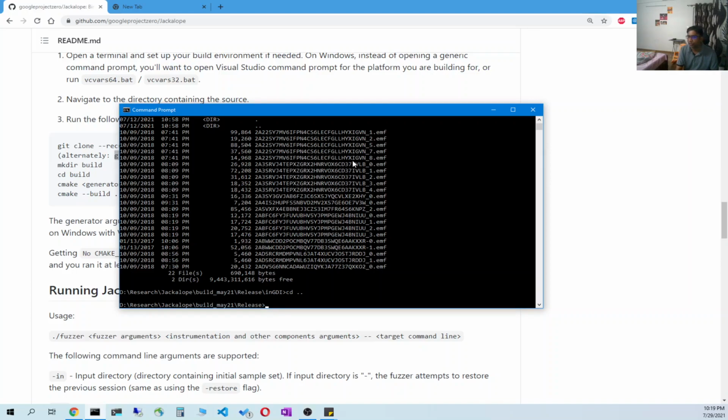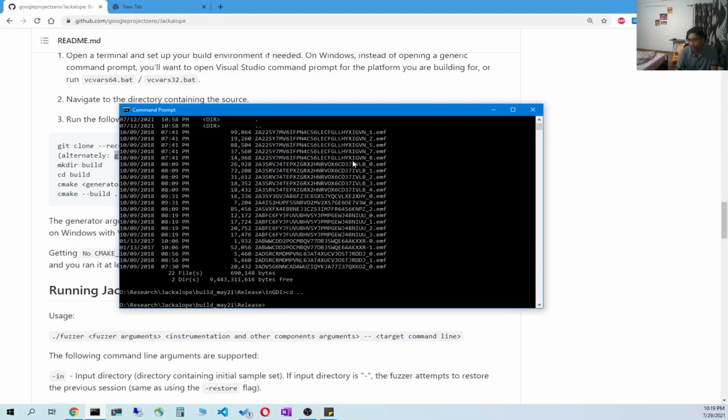If you are using WinAFL, you will notice that it has one utility, winafl-cmin, which you can use to minimize and get all the unique files from the corpus. But in this case, there is no such option. So what you can do is either use winafl-cmin to minimize the corpus, or any other tool, and then you can use this minimized corpus over here with Jackalope. In my case, I'm just testing it out, so I don't need to do that.